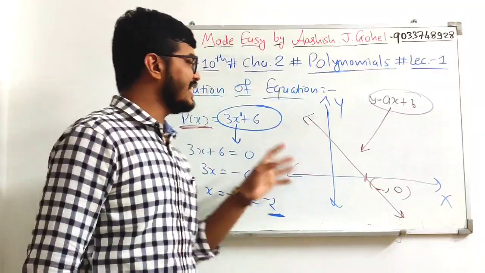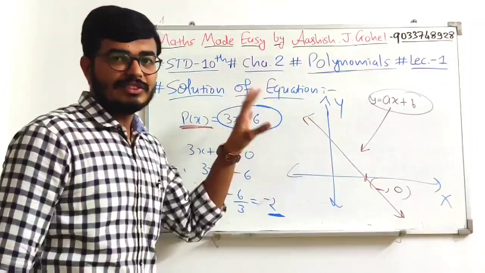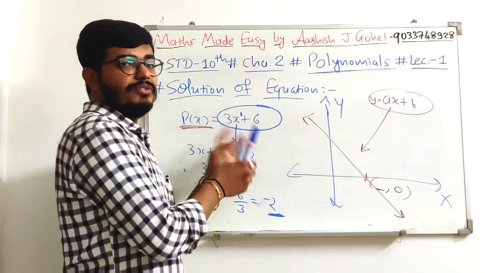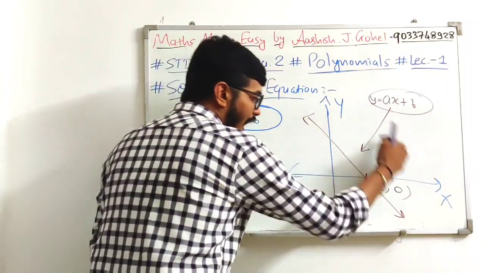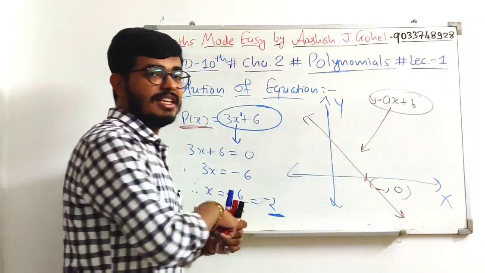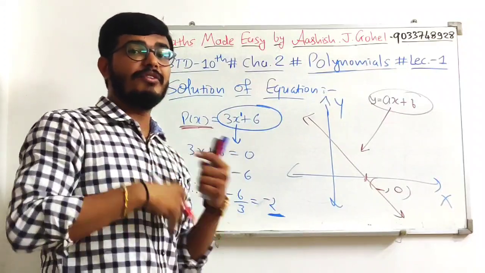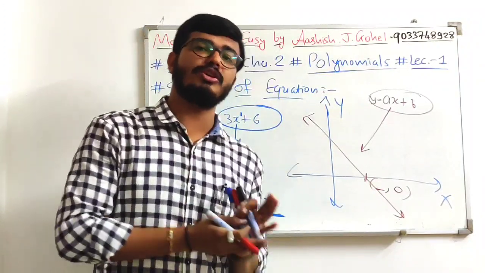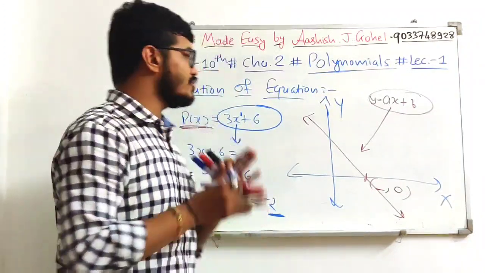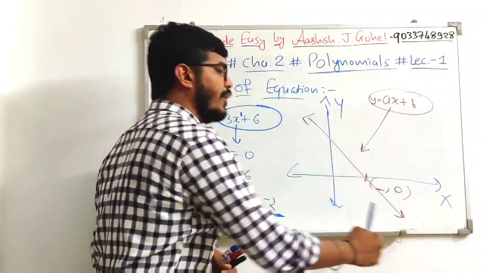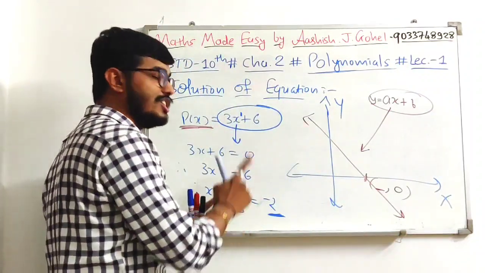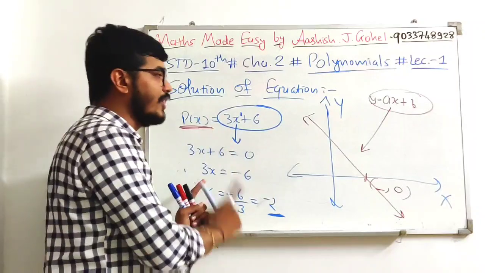So if you draw the graph of that particular equation, the number of points in which it intersects the x-axis will decide which points become the solutions of the equation. A straight line will intersect in one point only, which is why only one solution is possible. The number of solutions will be one only.